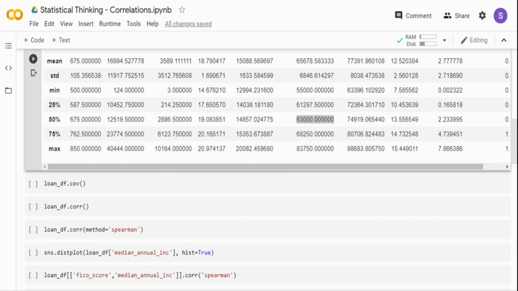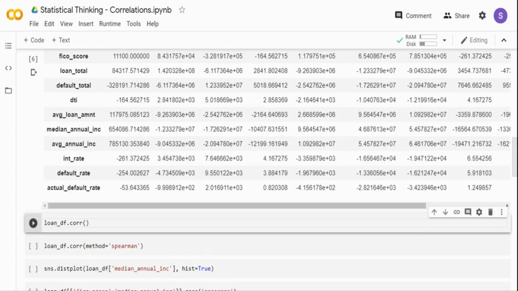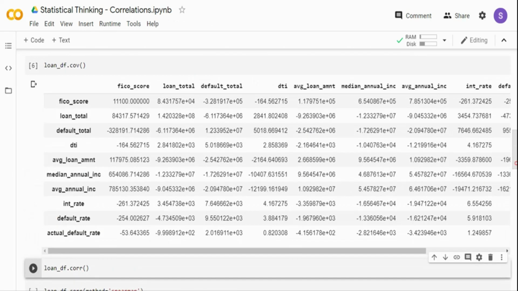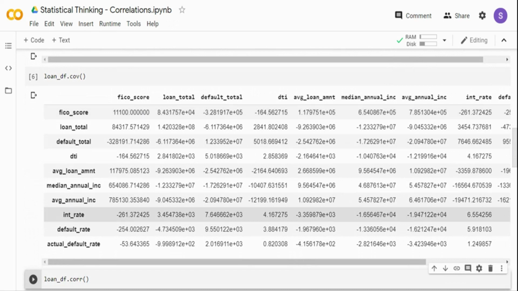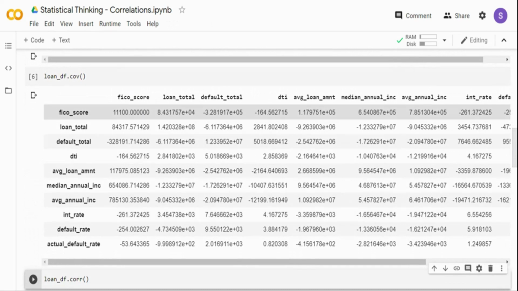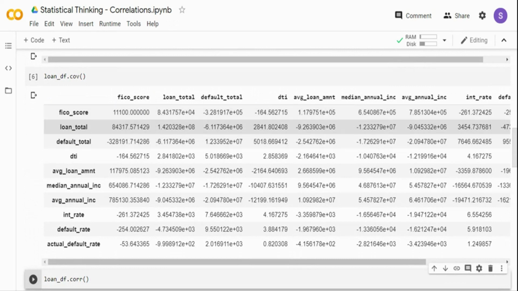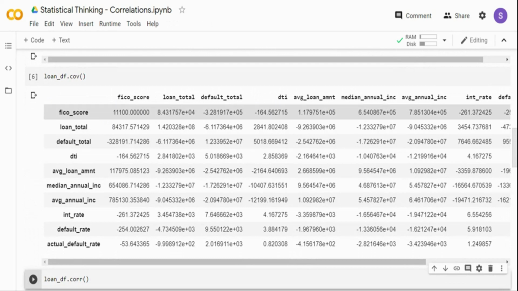So let us first check the covariance of the entire data set. If you look at it, it gives you a kind of cross tab format. You have all the variables on the y-axis, and on top in the header you also have all the variables. Now, the FICO score to loan total is around 84,317, some number.